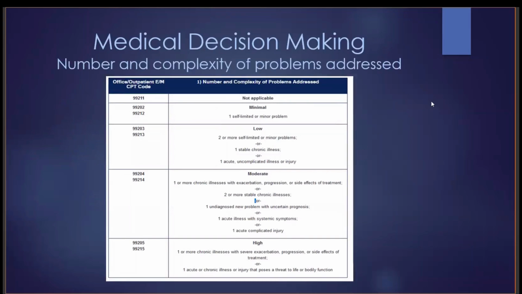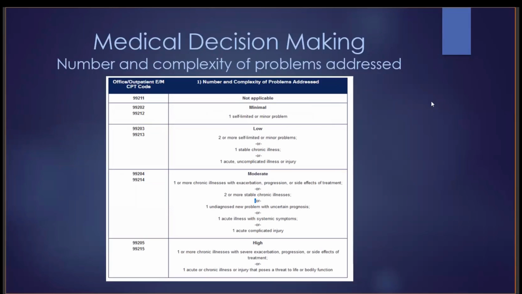So a lot of times for pediatrics, I would expect that most people are falling within a level 3 to a level 4 pretty consistently for number and complexity of problems addressed. A level 3 is 1 acute uncomplicated illness or injury, or 1 stable chronic illness, or 2 or more self-limited or minor problems. So that's, maybe the patient's coming in for ADHD follow-up, they're not having any issues, they're stable